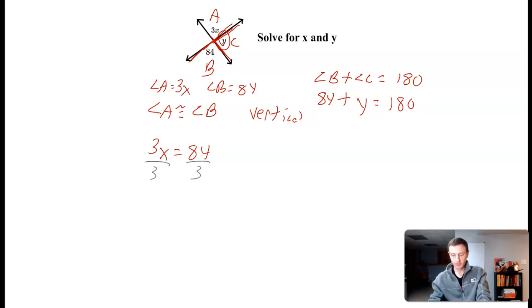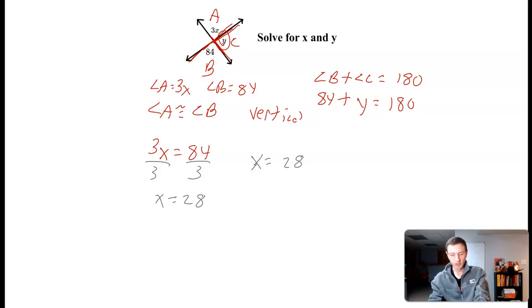But if I just stick with solving for x here, I have 84 divided by 3, which is 28, so x is equal to 28. Well, if x is equal to 28, I know the question is only asking to solve for x and y, but let's just go ahead and talk about this a little bit more. So if I have x is equal to 28,